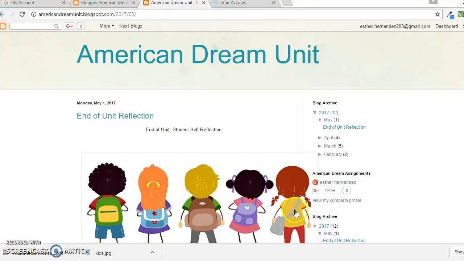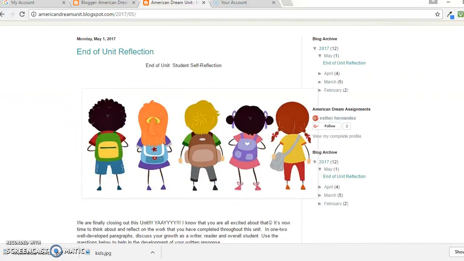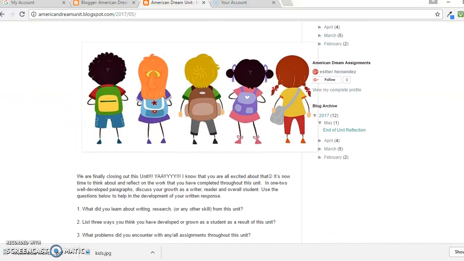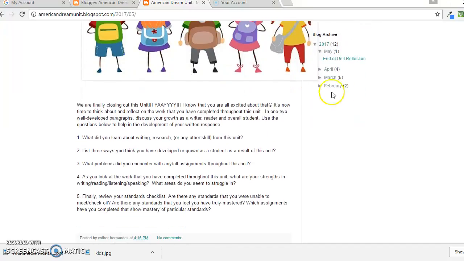Hi everyone! As I'm closing out the American Dream unit, I have decided to include an end of the unit reflection. So here is where students can look at any of the skills, and of course they would have to post skills that they learned from this unit, ways that they have grown, any issues or problems they have encountered when completing any of the assignments, and they also get to look at the standards,